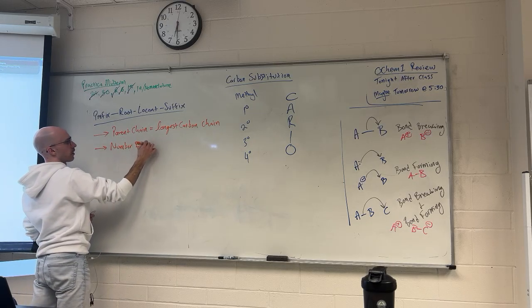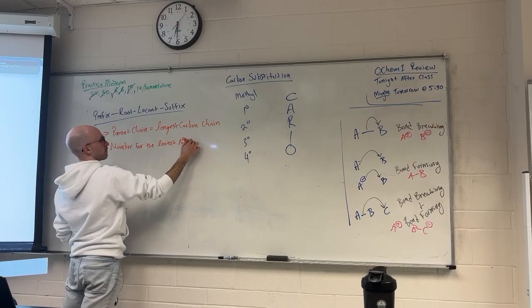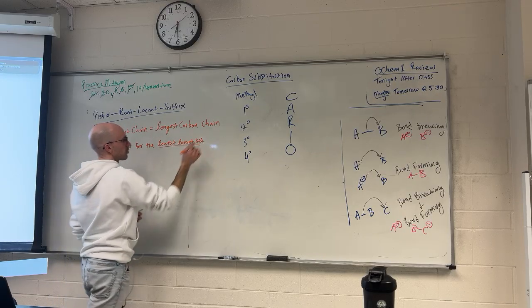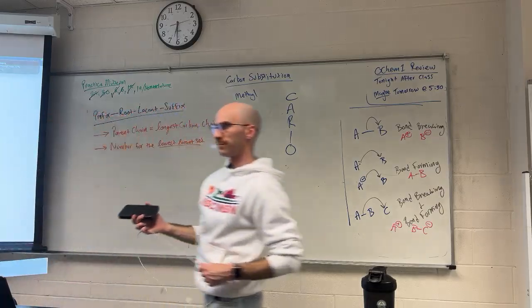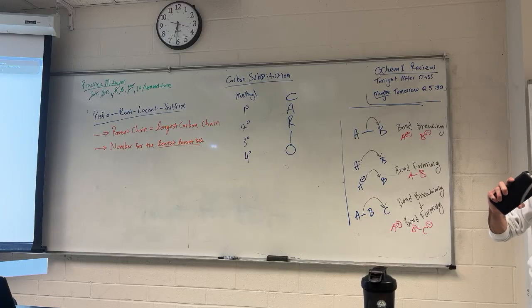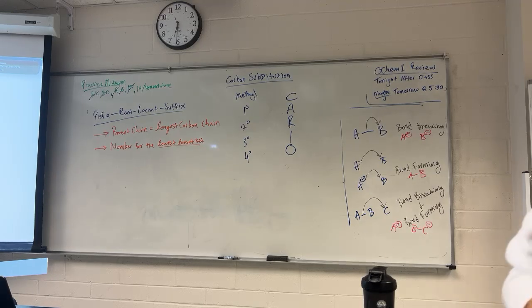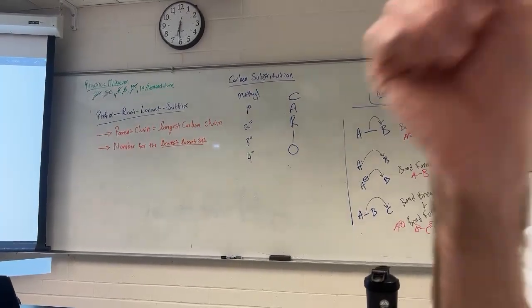Number for the lowest locant set. Tanner, do you know what a lowest locant set is? The way you number the carbons. Good. The locant set is the list of where the substituents are. So the locants are how you number it, but the locant set is just the list of where all your substituents are. We want the lowest locant set at the first point of difference,